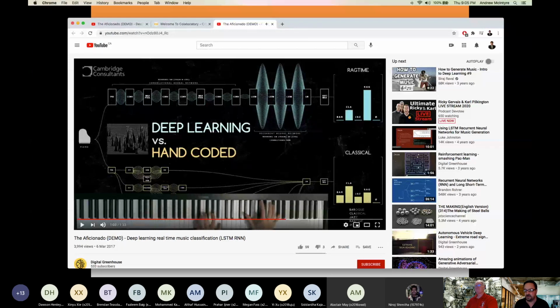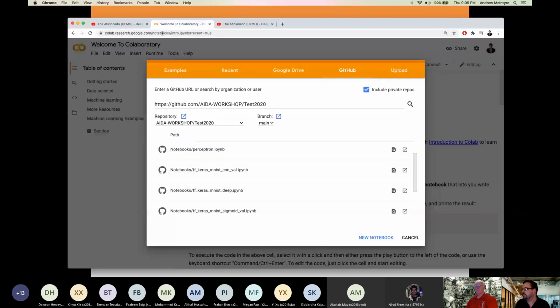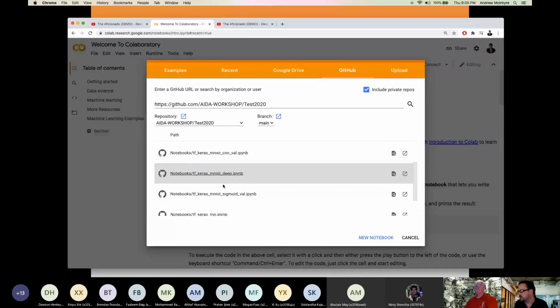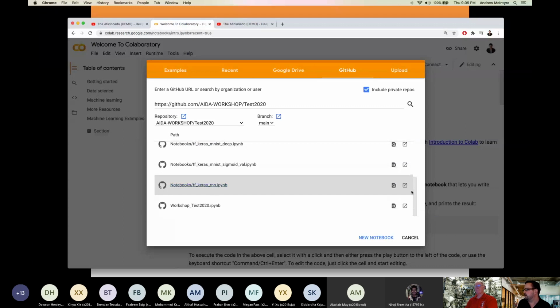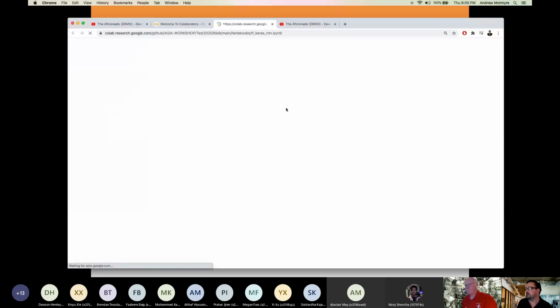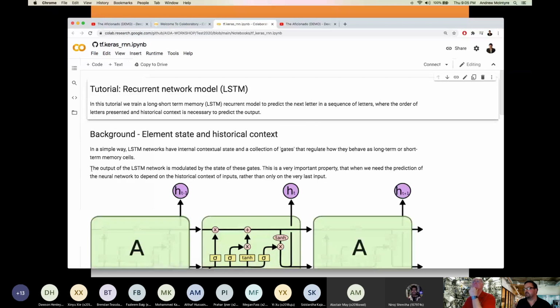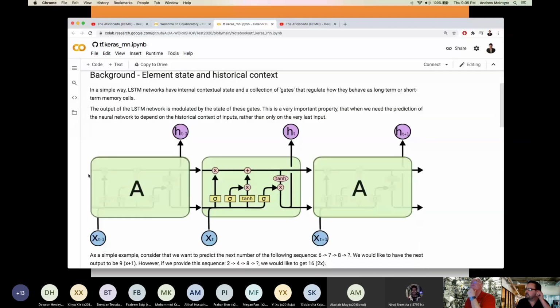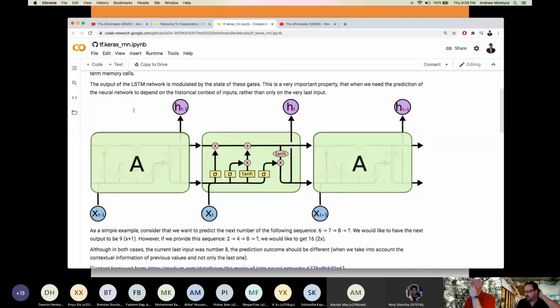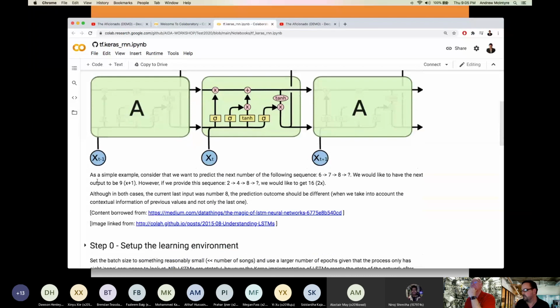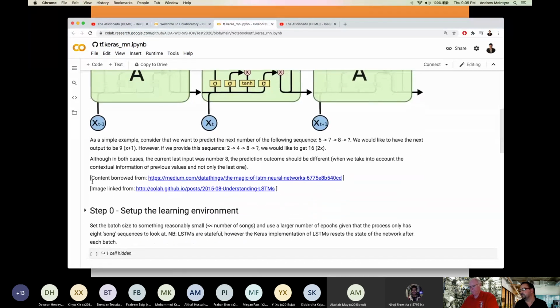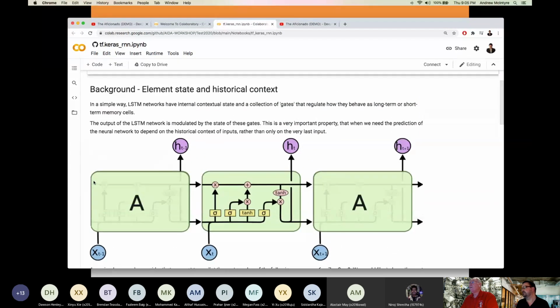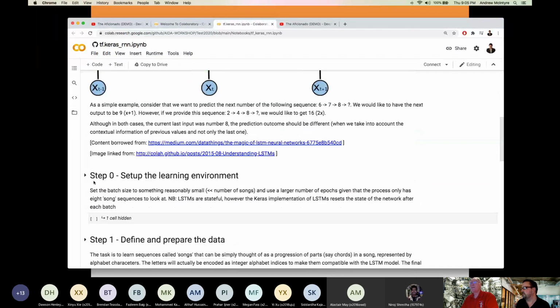Anyway, let's get on to the notebook to keep this moving along. You want the one with the RNN appended on the end here, and it's set up the exact same way as the previous notebooks. There is a little bit of background on LSTM networks. We kind of blew through it on the slides, but for the sake of time, I've filled in some more of the details, and you can get the gory details if you want to look up the magic of LSTM networks.